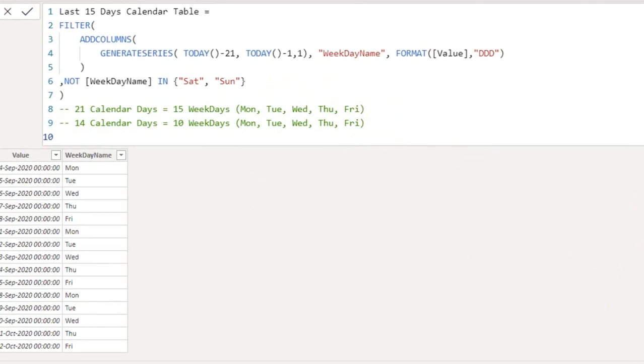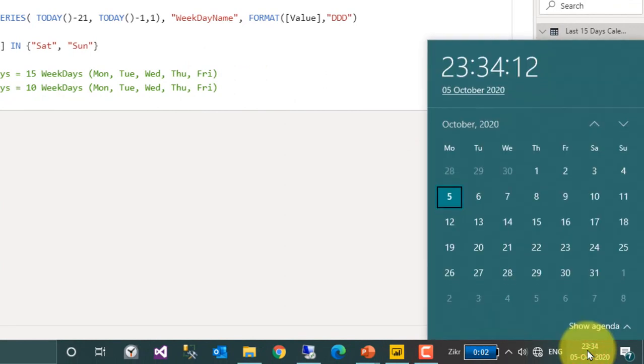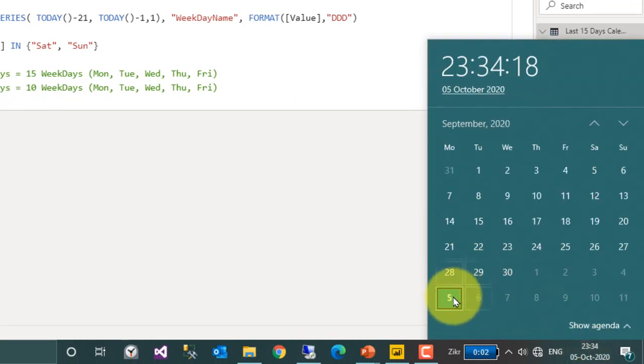On that basis, if you look at the calendar here, for an example, today is 5th of October. In that case, if you exclude today, then yesterday and day before yesterday is Saturday and Sunday, then we have to exclude these two as well. And in order to get the 15 days of the data, then 1, 2, 3, 4, 5, and then these two are off, 6, 7, 8, 9, 10, off, 11, 12, 13, 14, and 15. So we have to get the data from 14th of September to 2nd of October. We are calculating only the weekdays.